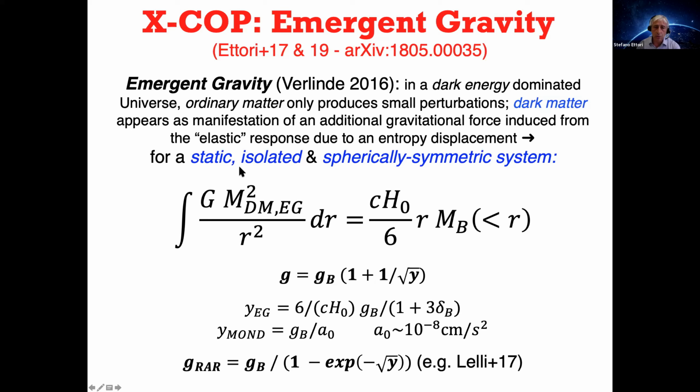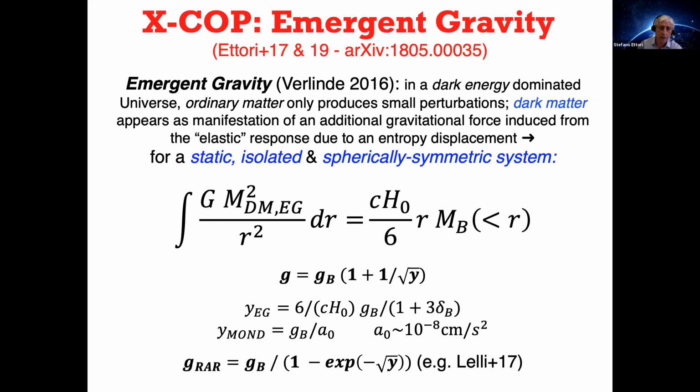And we also try to recover the gravity that we measure using both MOND, so modified Newtonian dynamics, or also the emergent gravity paradigm that was suggested by Verlinde a few years ago, in which basically we live in a dark energy dominated universe with ordinary matter that produces just perturbations, and that induce an emergence of